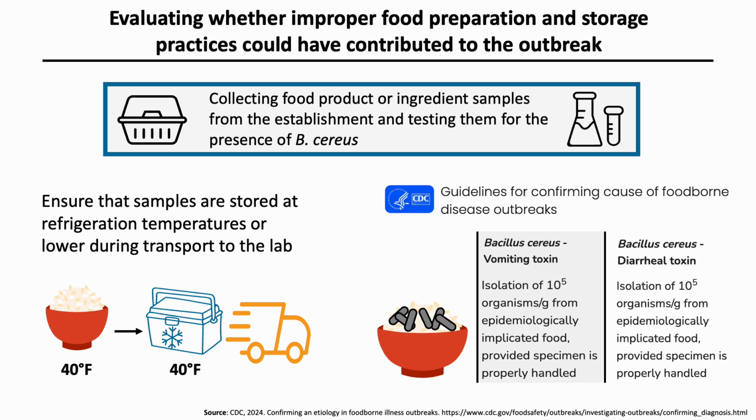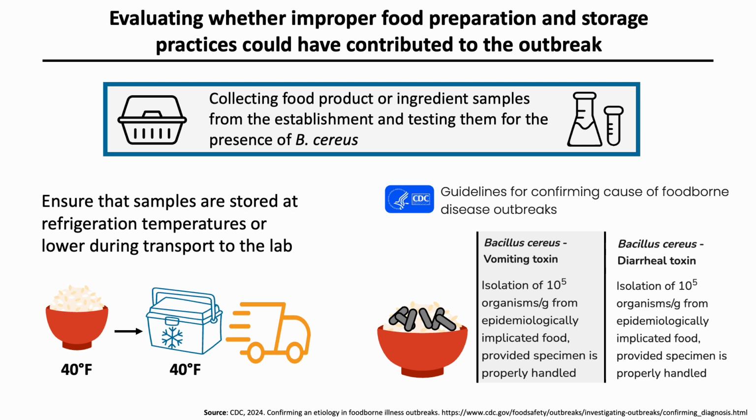This is particularly important as, according to the CDC's guidelines for confirming the cause of foodborne disease outbreaks, in order for a food product to be implicated as the cause of a B. cereus outbreak, the food product needs to contain more than 100,000, or 10 to the 5th, organisms per gram of food product, regardless of whether the outbreak is associated with B. cereus strains that produce the vomiting or the diarrheal toxins. Thus, ensuring that food samples destined for B. cereus testing are subjected to refrigerated temperature conditions or lower during transport is imperative for preventing possible growth of